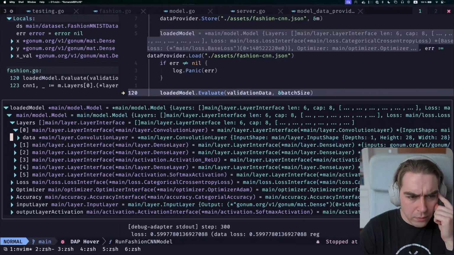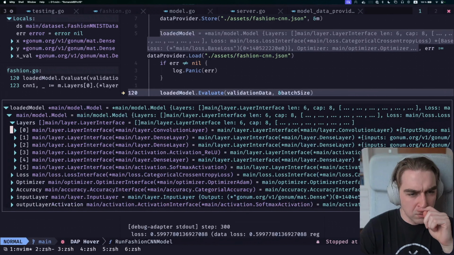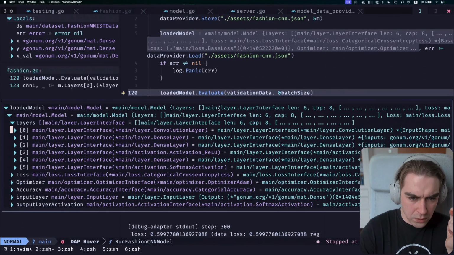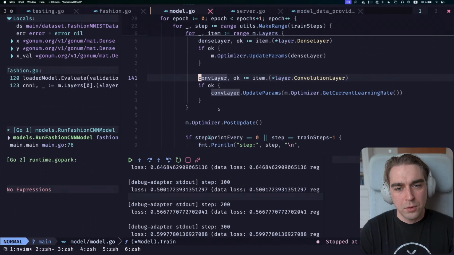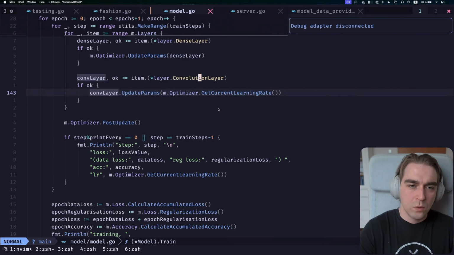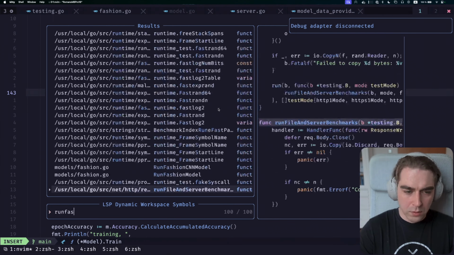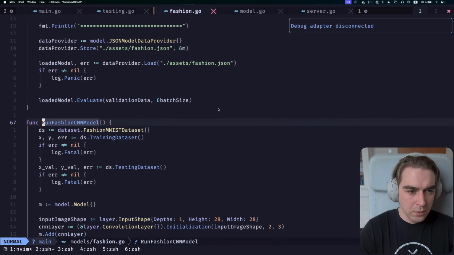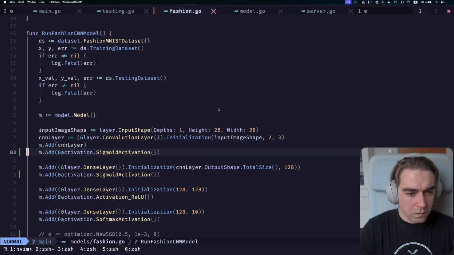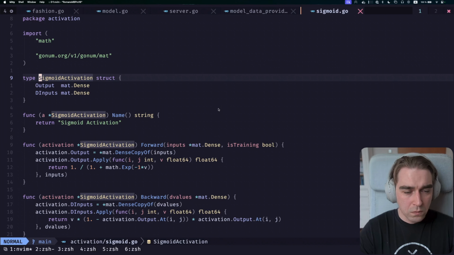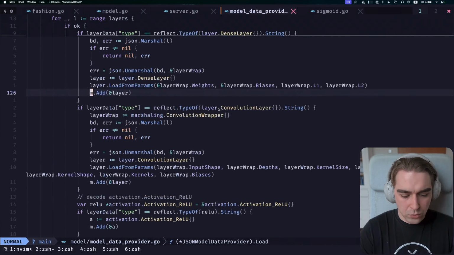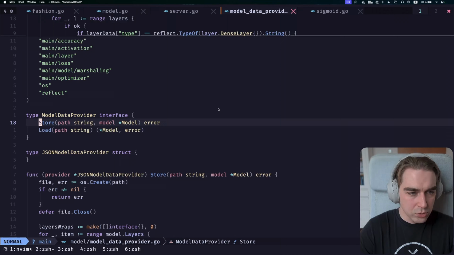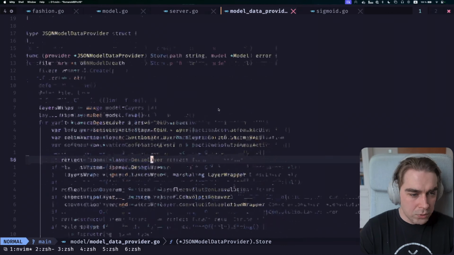Oh, wait, there's a convolution, dense activation. Oh! So that's the problem. The problem that I changed... Wait. Run CNN. So the problem is that the sigmoid activation is not started properly. Okay. What I actually think I need to do is, in the store, I need somehow